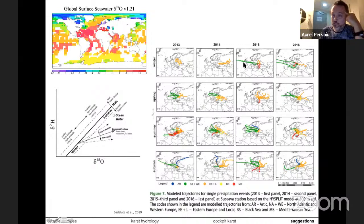These trajectories would suggest that we had a negative phase of the NAO, the North Atlantic Oscillation. This is the difference in pressure between the Azores high here and the Icelandic low. And when this difference in pressure is very high, the westerlies are directed northwards, and it's wet in Northern Europe and it's dry in Southern Europe. When this difference in pressure is low, the westerlies are directed southwards, and this part of Europe is wet, and